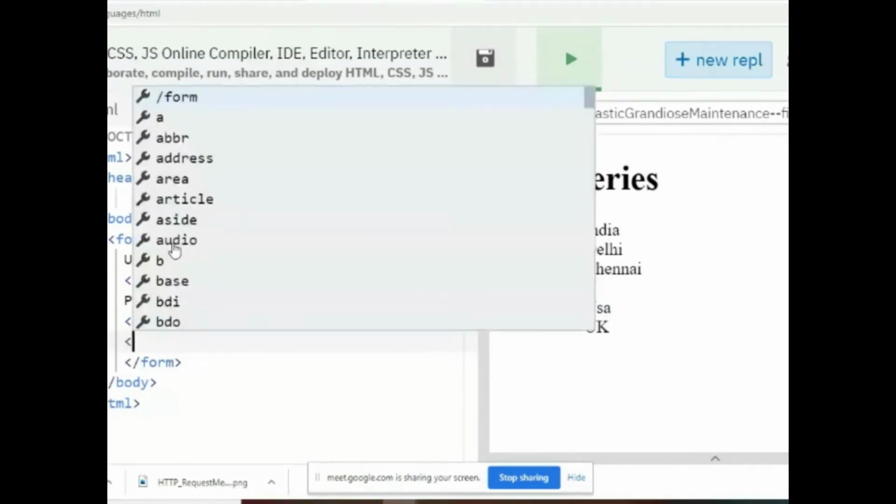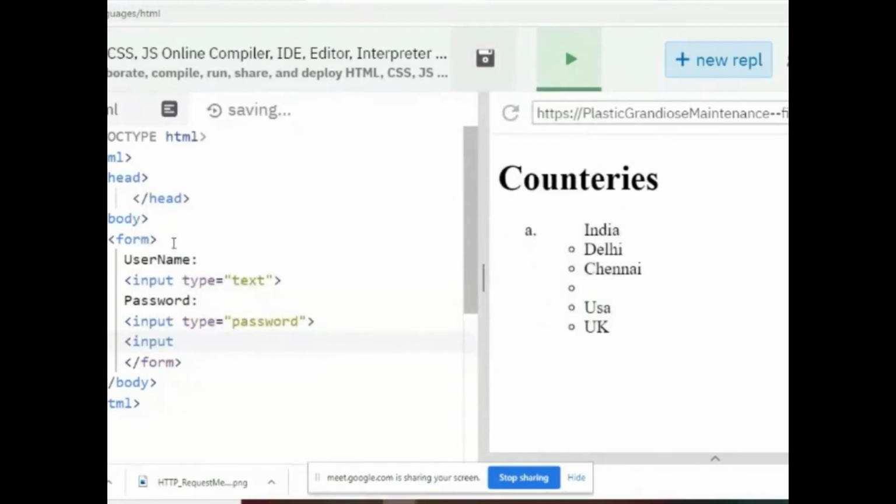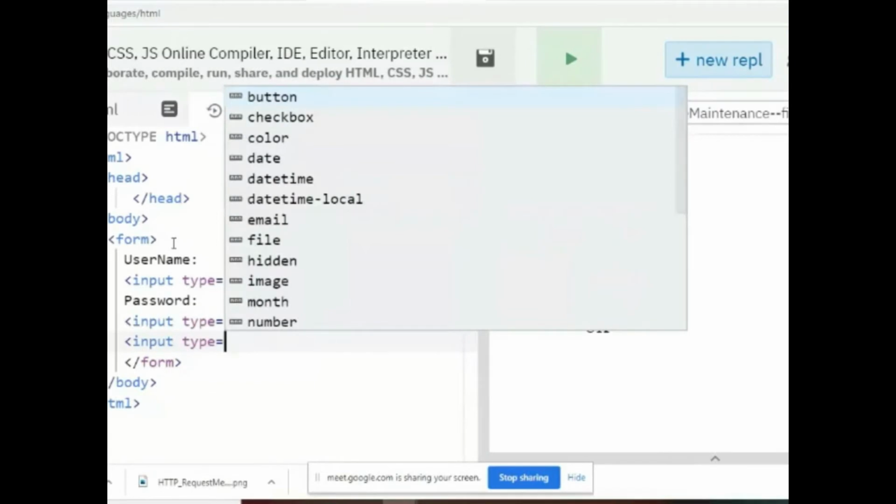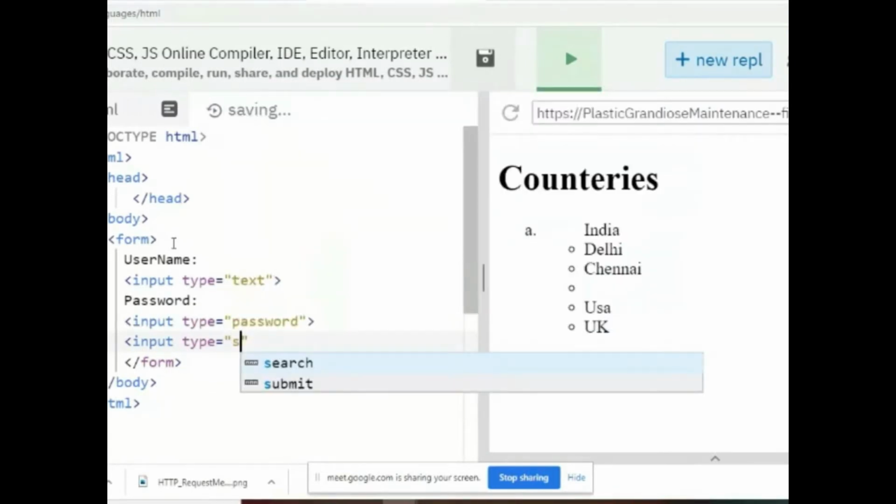Again I'll write input type is equal to, directly I'll put submit. So this is the end of my form.